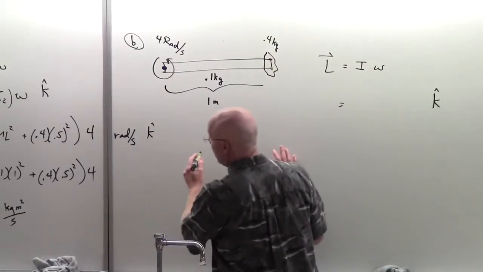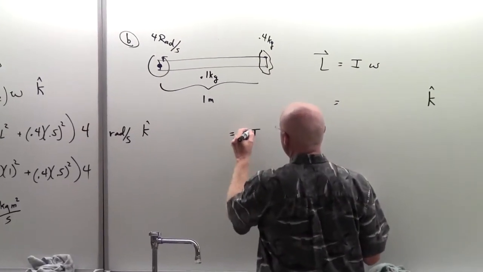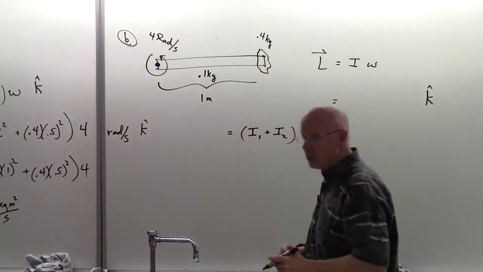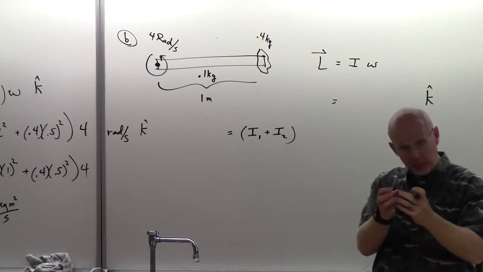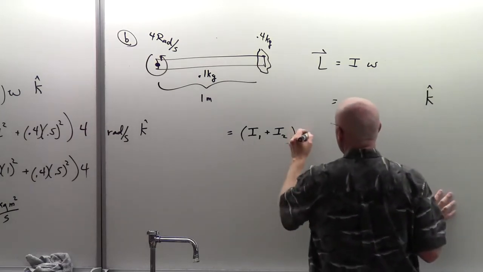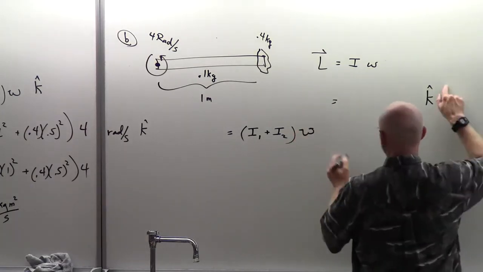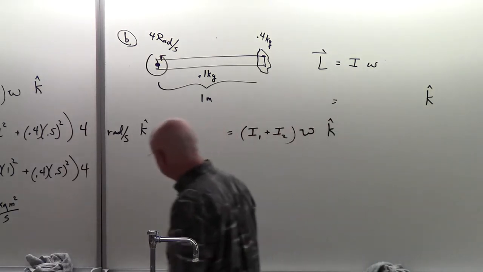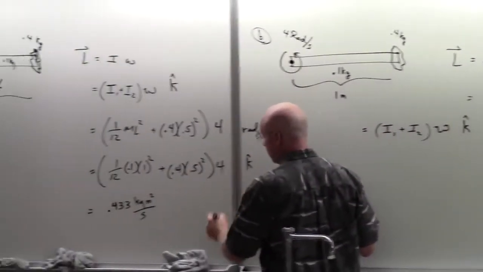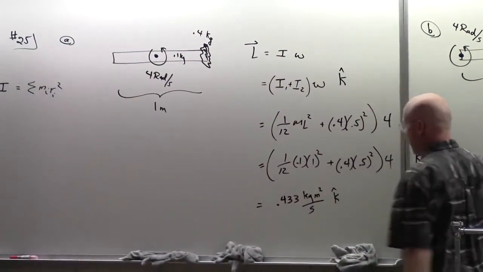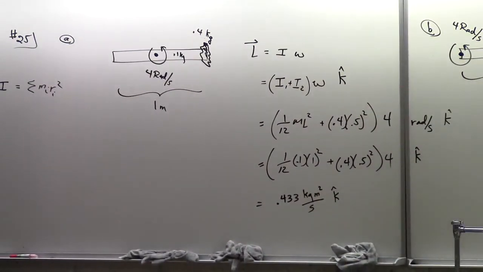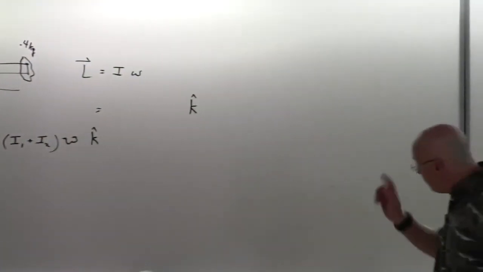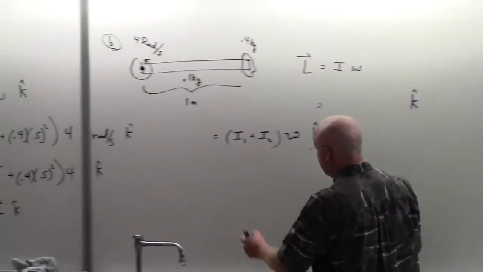As I come over here to part B, I would say the same thing: I would take the inertia of the two objects, one being the meter stick and the other being the blob at the end of the meter stick, and multiply by its angular speed. As we mentioned earlier, it should have a k-hat direction. Whoops, maybe I should complete part A by putting the k-hat in there. So I have not only a number and its units, but I have a direction. B, same idea,